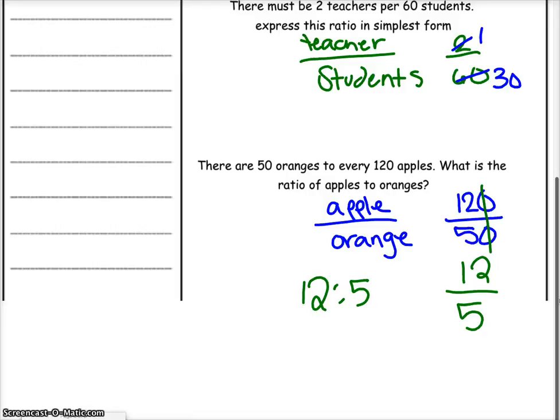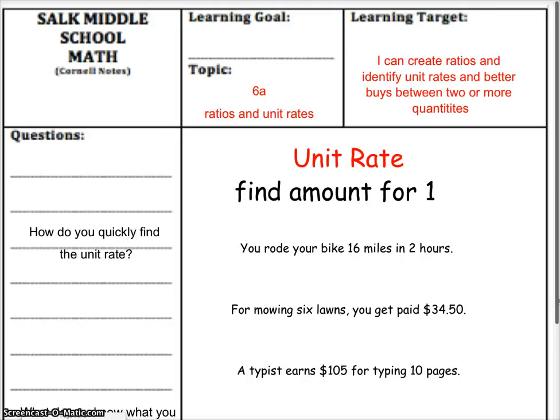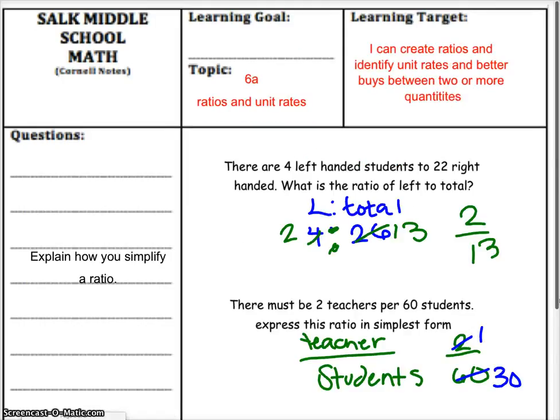Okay, and I think that's it. Yep, because unit rate is tomorrow. So let me just reiterate our learning target here before we fully pack up. Your learning target: you can create a ratio. Can you do it? Yep. Do you know the 3 ways to write a ratio? Okay, and you know they're all equivalent. Does it matter what goes on the top and what goes on the bottom? It sure does matter. How do you know what goes on